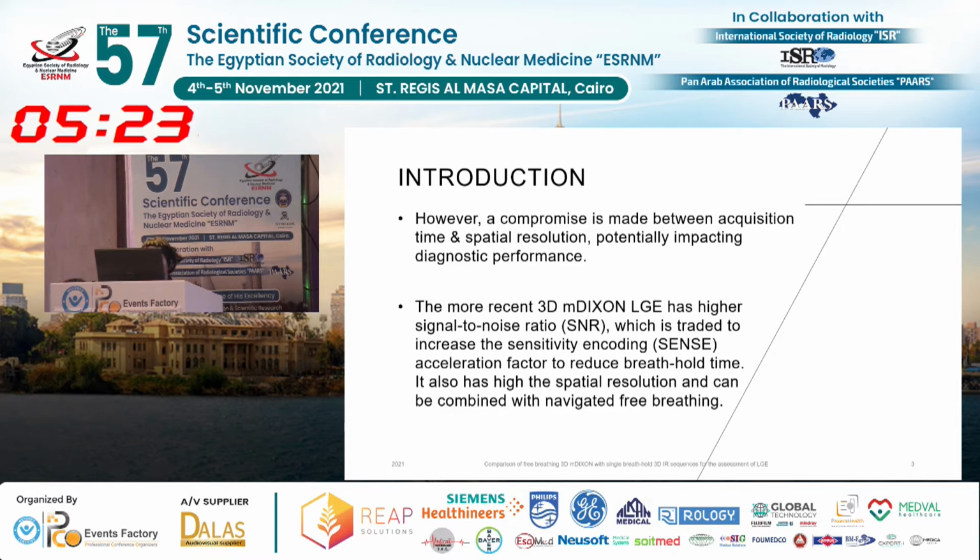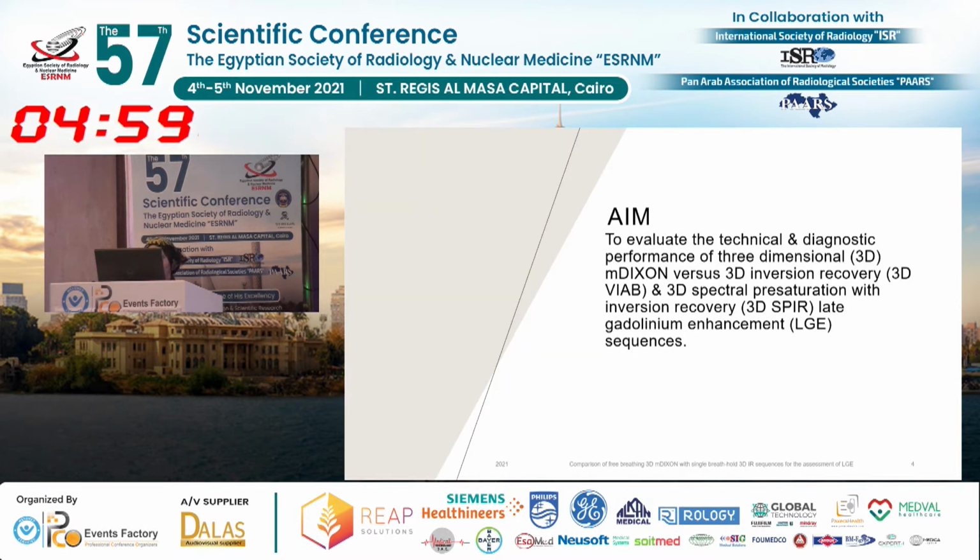The more recent 3D mDixon late gadolinium enhancement sequence has some advantages which we can retain, namely the higher signal to noise ratio, which can be traded off to allow shorter acquisition time, and we could also manipulate the spatial resolution capabilities to perform a free breathing navigation technique without the need for breath hold altogether. So the aim of this study was to evaluate the technical and diagnostic performance of 3D mDixon versus the conventional sequences such as the 3D inversion recovery and the 3D spectral pre-saturation inversion recovery in the assessment of late gadolinium